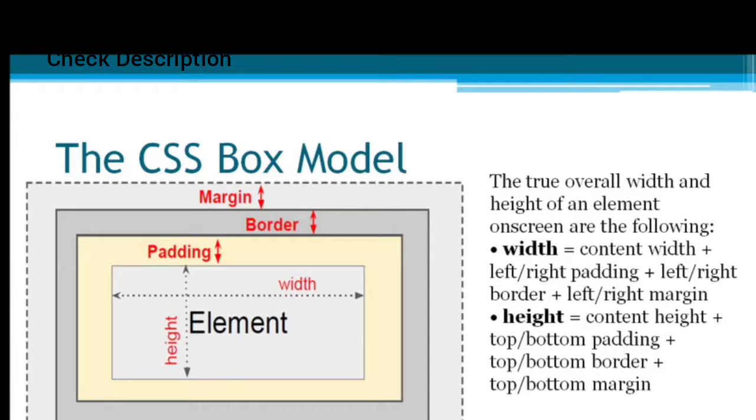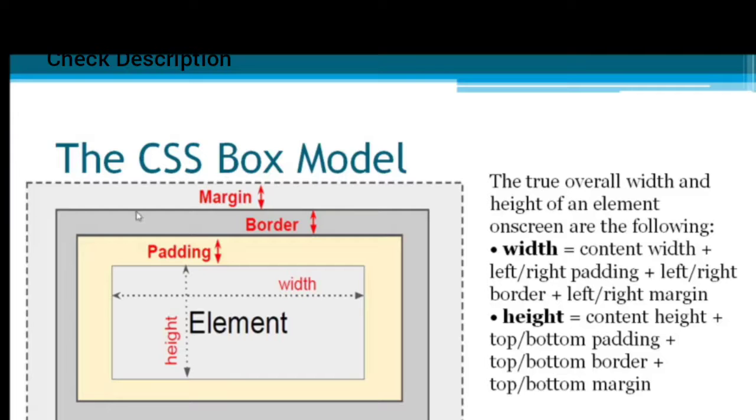So this is the diagram of the box model, where we can see the element at the innermost part, and the height and the width is applied to the element. After that, we have the padding section. Whenever we specify the padding, it will be applied to this part.